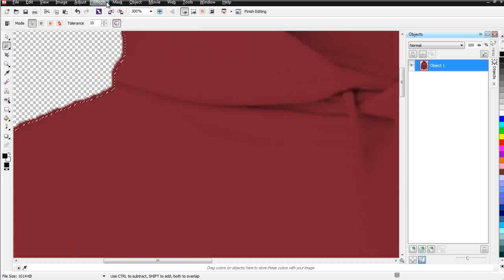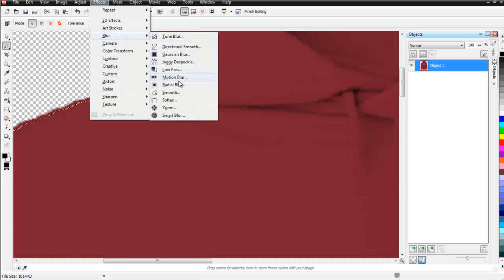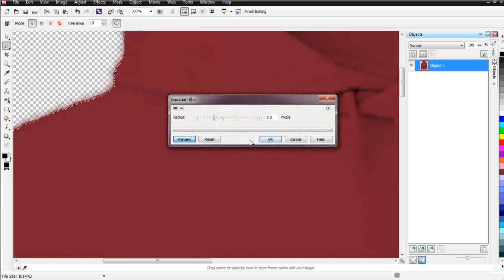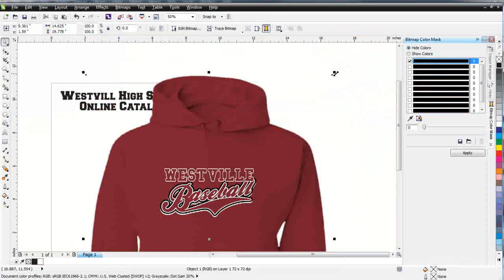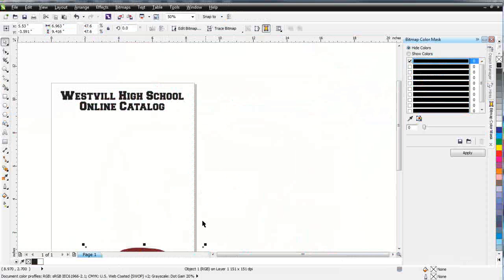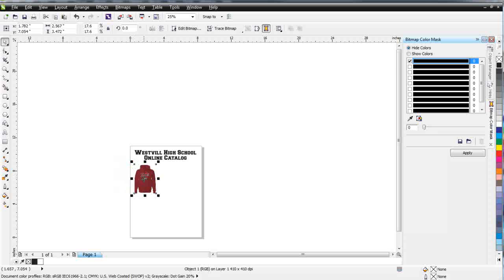Now if I go to Effects, and you can see how choppy this is. If I go to Effects, Blur, and select Gaussian Blur, I can really smooth out that edge. Now I don't want to go 5 pixels, I just want to go a pixel or 2. Select OK, then I'll go Mask, Remove, select Save. I'll go back to Draw, and there's my object set up, and it's not too jaggy. Resize that, and I can start to build out a number of design ideas and incorporate that into an offline catalog